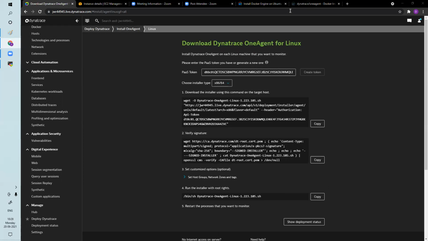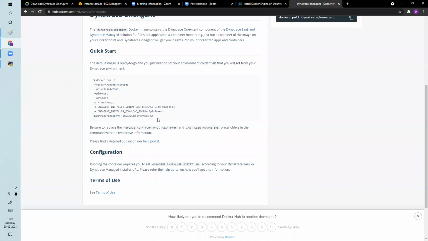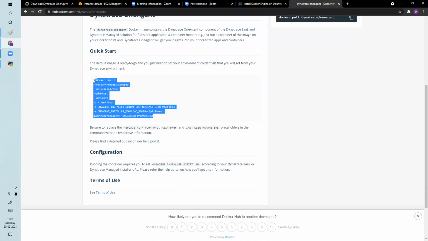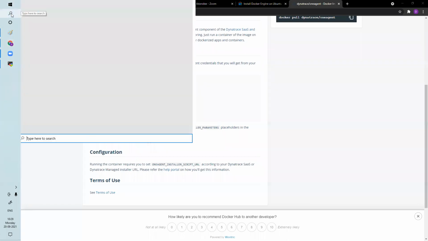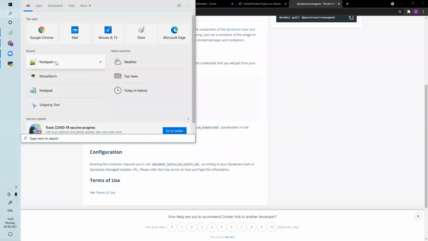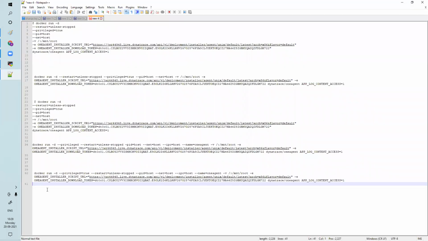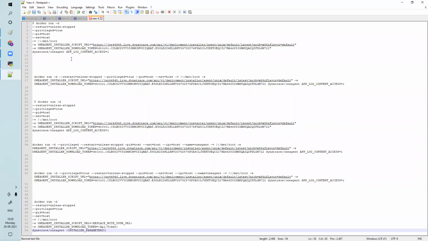Now I got this step to install Dynatrace OneAgent. I'll copy this with Control C and open a notepad. So already I have copied yesterday. So what I need to do is, see what is telling here: OneAgent installer script URL. Here you need to replace with the script URL.